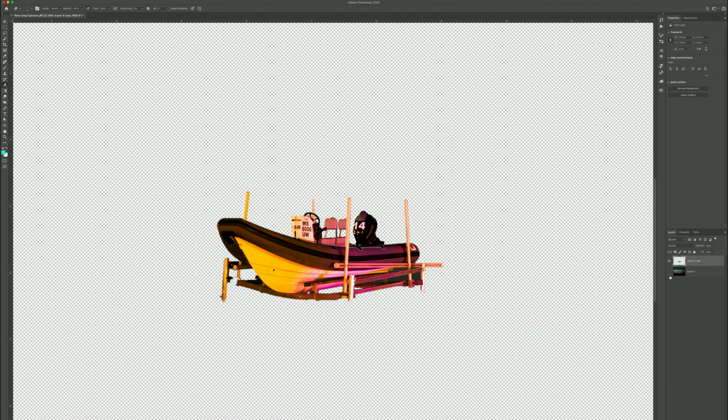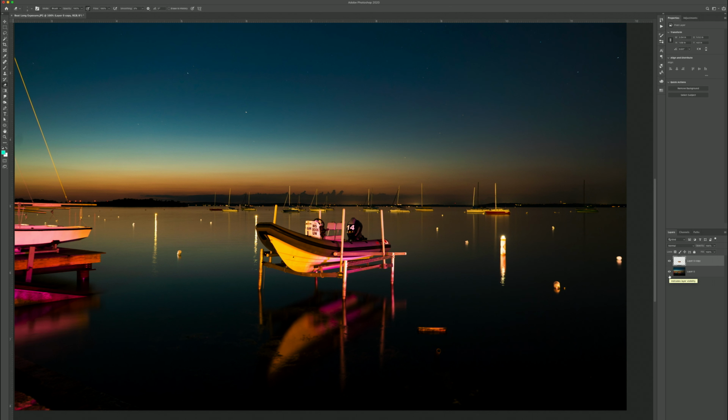But we want to get rid of some of these little kind of rough edges, the little snaggly edges around here. Anything where the text is going to be showing behind, we want to clean up a little bit. Unshy that bottom layer. I'm going to zoom back out, and then we're going to go over here and click